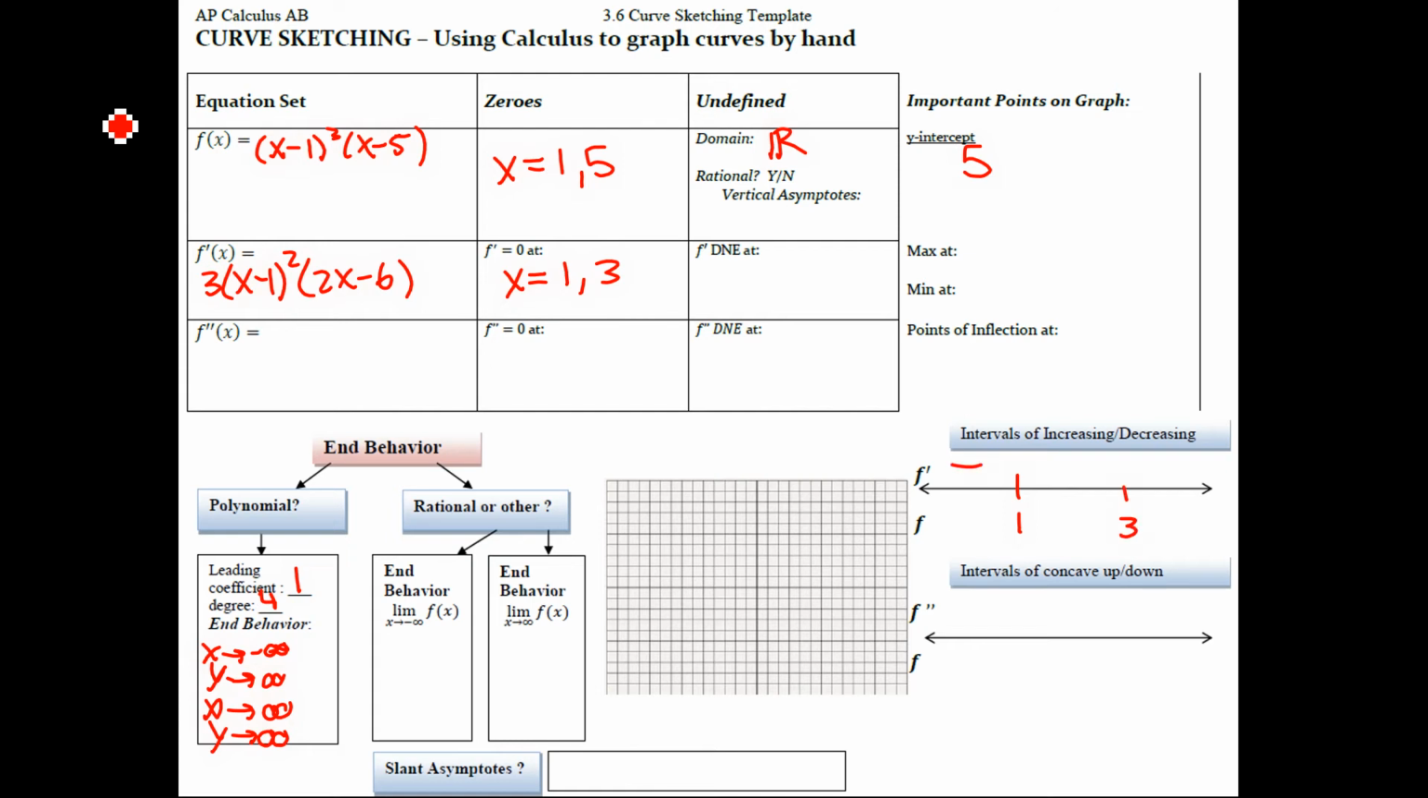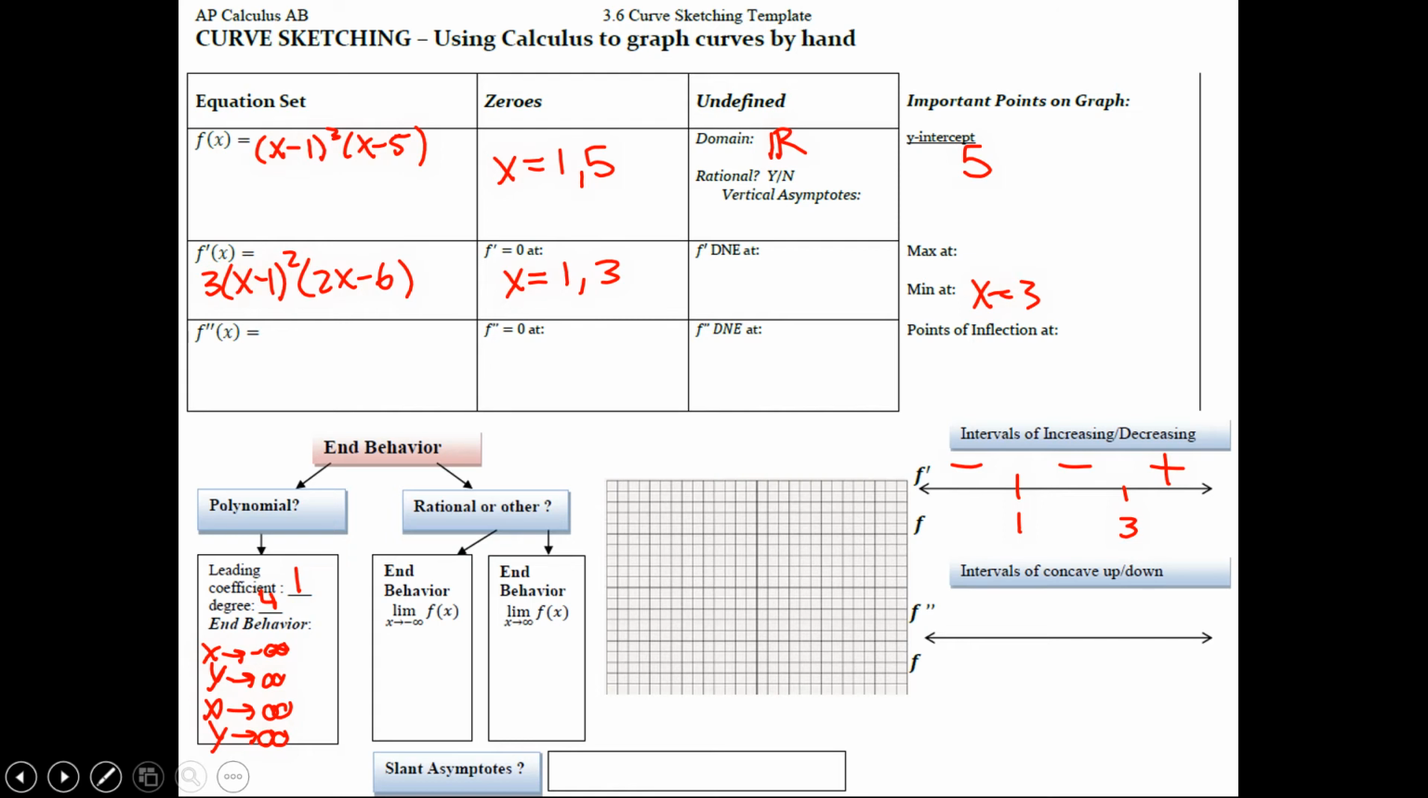Very good. So we know that that's excellent. Now we know that we're going to have a minimum when we have x equals 3. Now we know that because if we look at 3, we go from decreasing to increasing. Okay, so it's x equals 3, which means that the point there, if we go back to the original equation